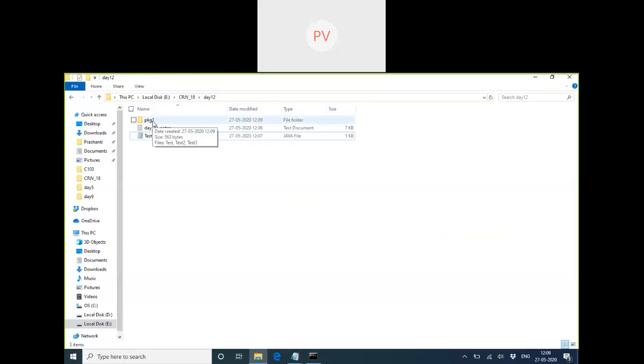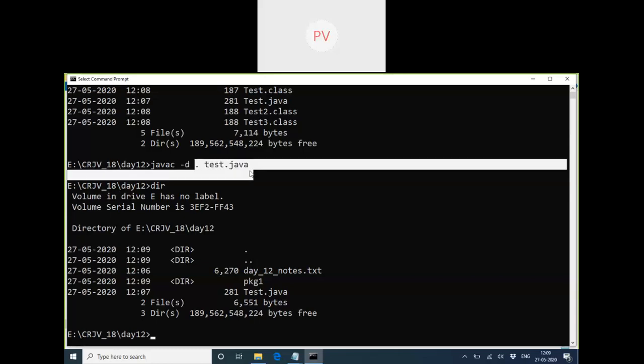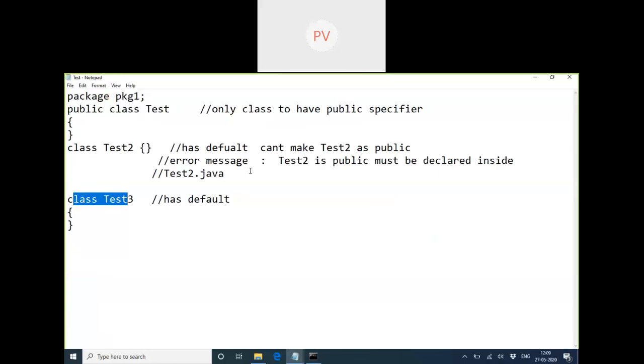A directory is created, one directory above the current. That means while compiling this file, it will read the code. So the compiler sees that we need to create a folder. What is the name of that folder?